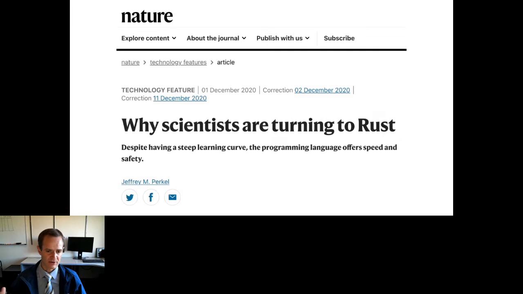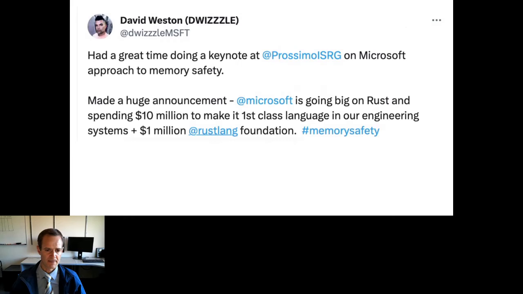And there are papers, commentaries in Nature, that are talking about these languages and saying it really could be beneficial to biologists to learn them. There are advantages as far as speed. At least in some tests that I've run, Rust tends to perform speed-wise on par with C++, which is known as being a fast language. And there's also issues of memory safety.